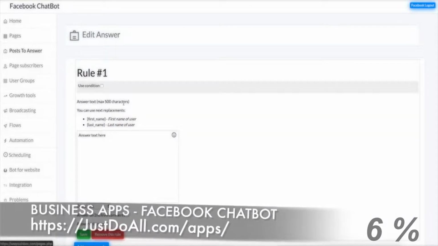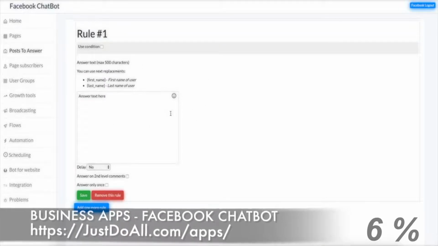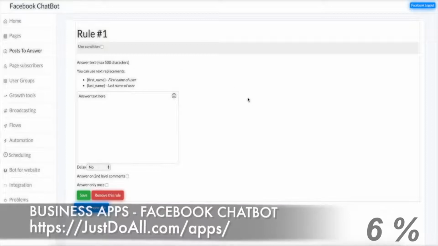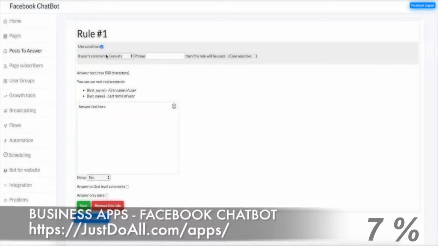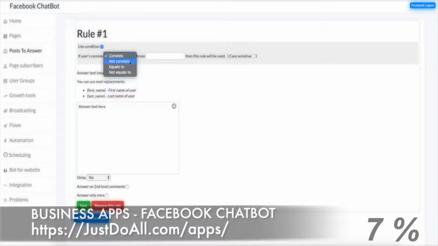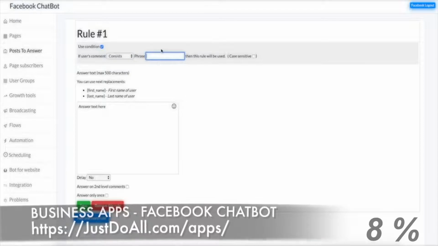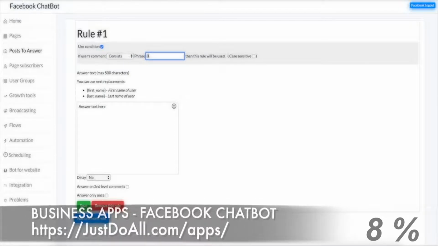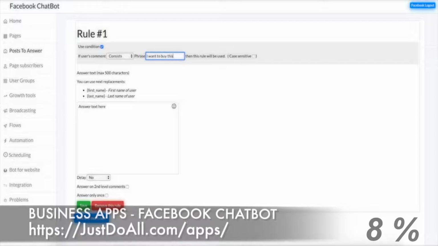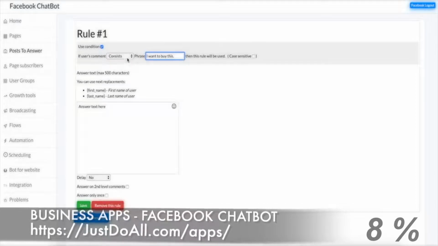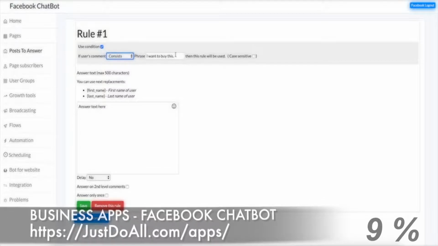to answer area here. Here you're going to make some sort of response just in case you want to respond to people who interact with your post. So I can use a condition here, it could be consists, not consists, equals to, not equals to. Any phrase that I put here, for example, I want to buy this. If I put consists, it can consist of any of these words or this phrase, and it will